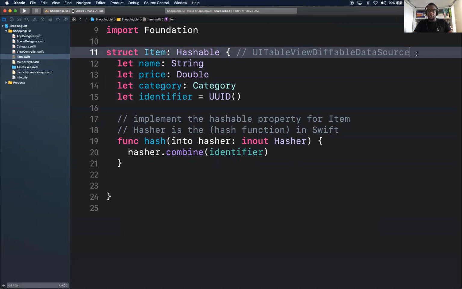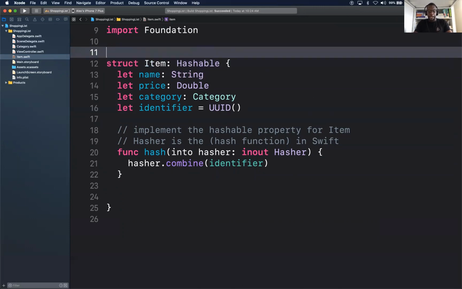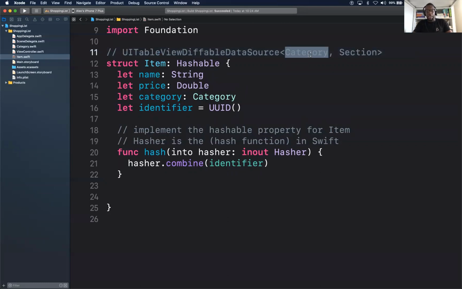So do you still have to conform at the top? Yes, because if I don't, what's going to happen? I'm going to get an error later from the compiler when I try to do the UITableViewDiffableDataSource. Then what you do is that you just call item.hash, and it would specifically give you the identifier, because that's what you gave it. Exactly. Gotcha. So when we do that, category here, not category, why am I saying category?